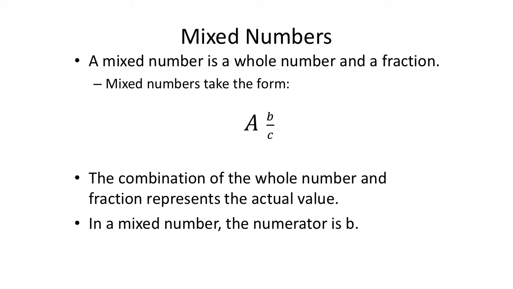So let's see, it's a whole number and a fraction. That's true. We talked about that. In the mixed number, the numerator is b. So yeah, b is the numerator and c is the denominator. So just acknowledging this with a very commonly used fraction, right? 1 and a 1/2. And that's how this would be